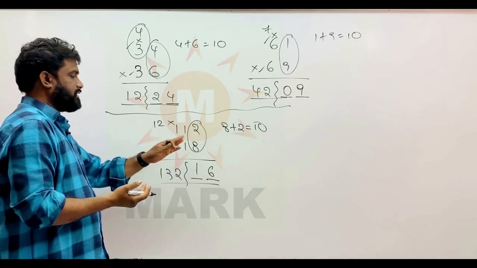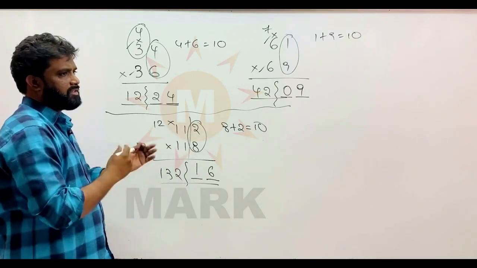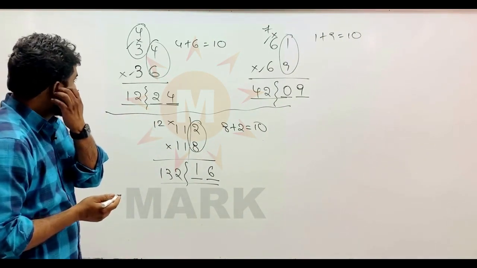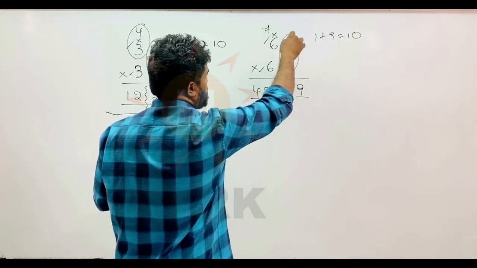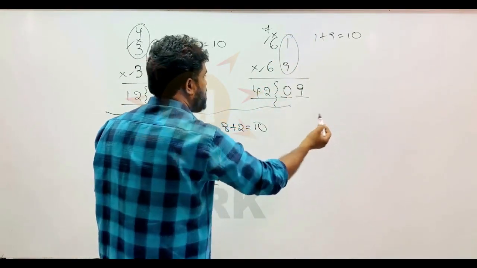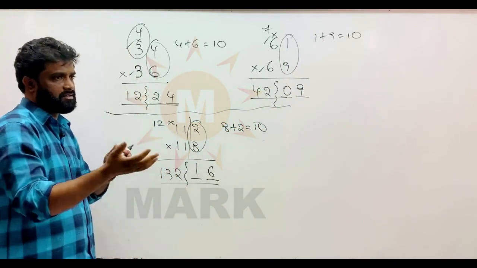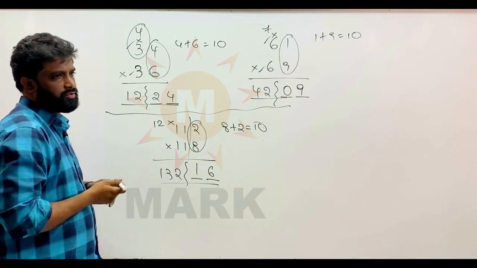This is highly useful in these kinds of calculations. Remember, the basic qualification for this multiplication to use this technique is the sum of the units numbers should be equal to 10 and the remaining numbers, whatever the tens place and hundreds place numbers are, together, they must be same. Then only you can use this technique.